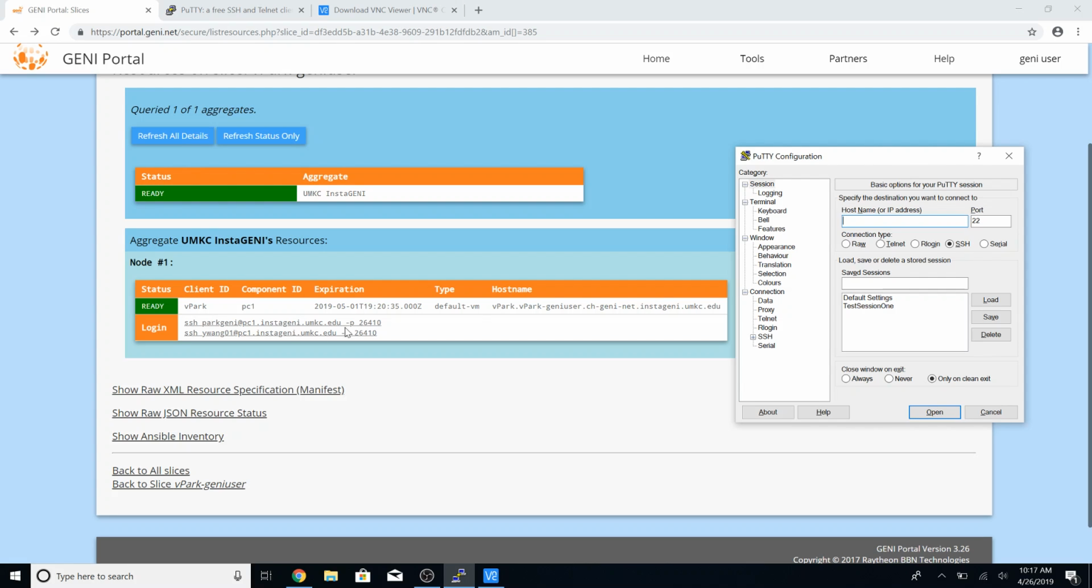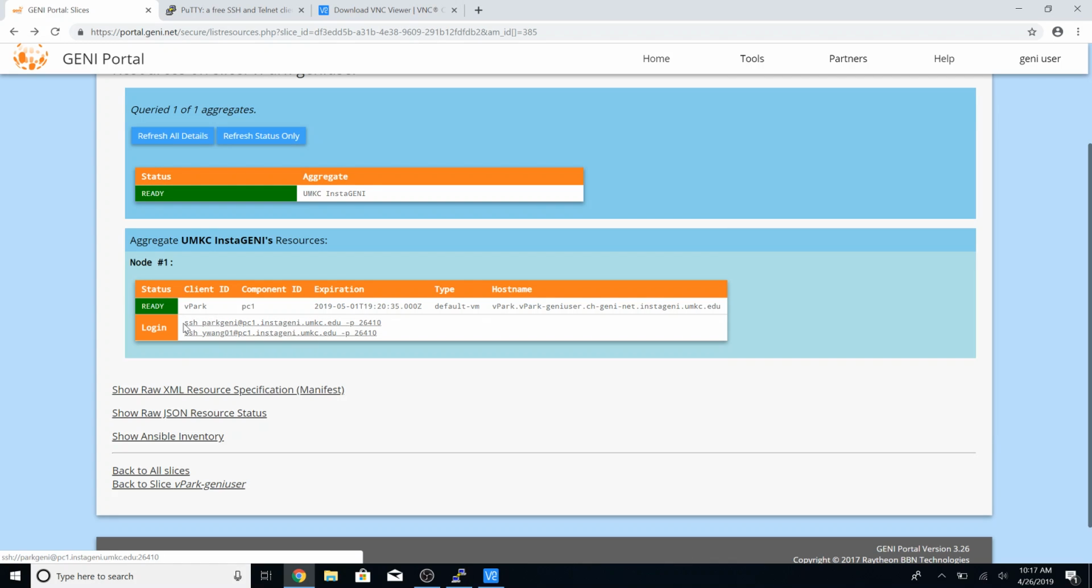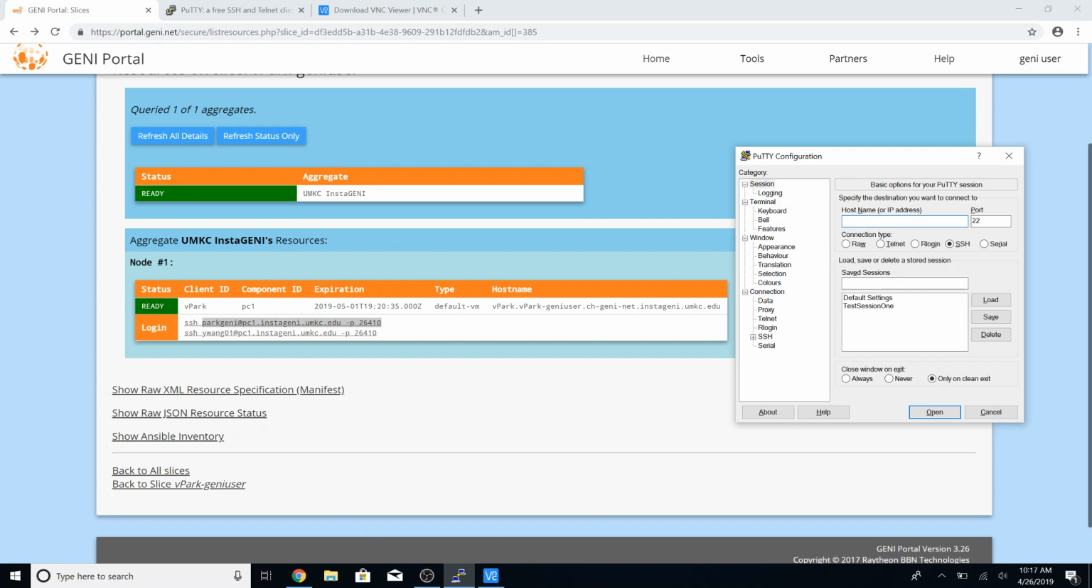We need to copy the portion starting with our username up through .edu into the field called hostname on the session tab. So we'll start here. We'll copy all of this with Control-C into our hostname field. We'll go ahead and get rid of the -p